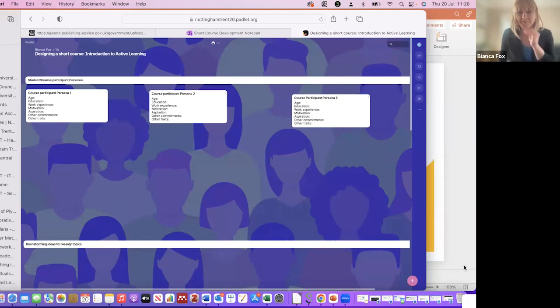Do you want us to work on one each, or sort of collaborate? Yes. I mean, we're kind of a small group. So initially I was thinking about breakout rooms, but because we're such a small group, I think we can have a discussion about this, and then we can start filling out the posts on the Padlet wall.